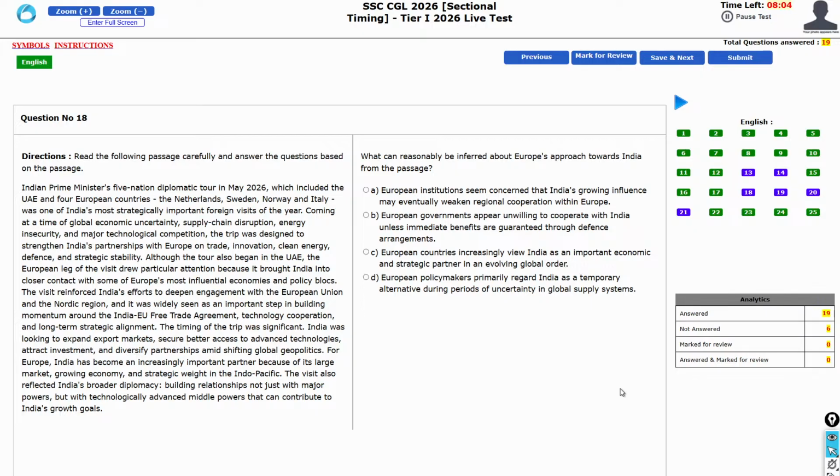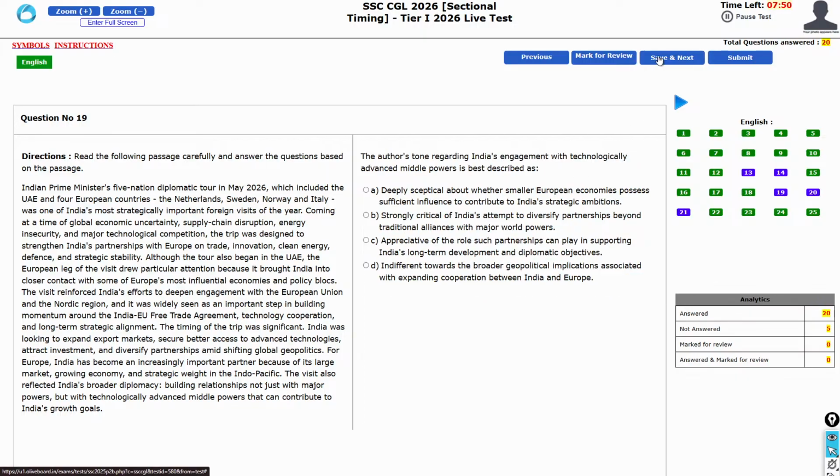Government appear unwilling, no. Countries increasingly view India as an important strategic partner. Evolving global order, policymakers primarily regard India as a temporary alternative. Okay, definitely this one. Nothing can be true, so I'll not even check. The author's tone regarding India's engagement with technologically advanced middle power is best described as deeply skeptical about whether small European processors, no,